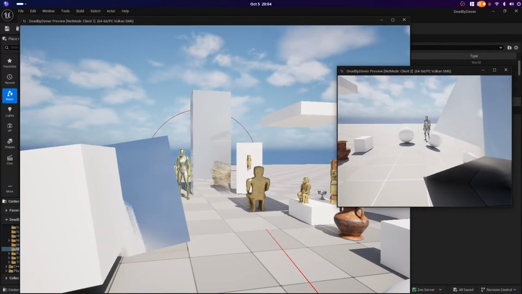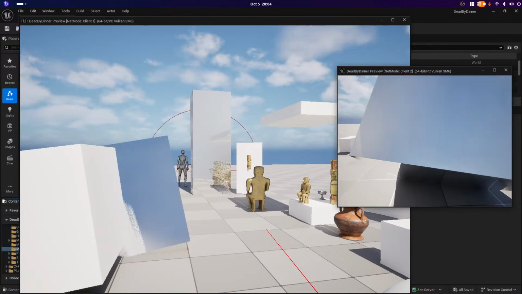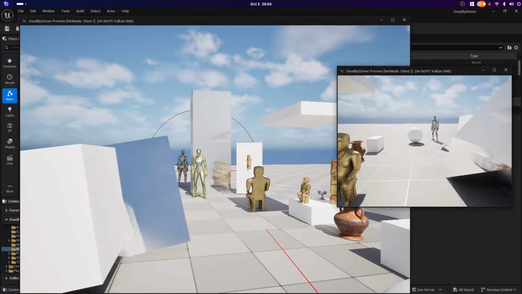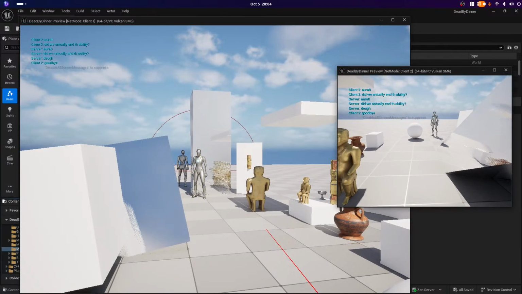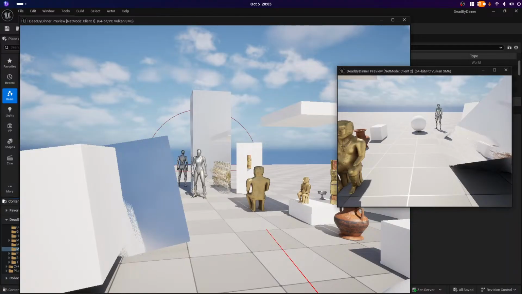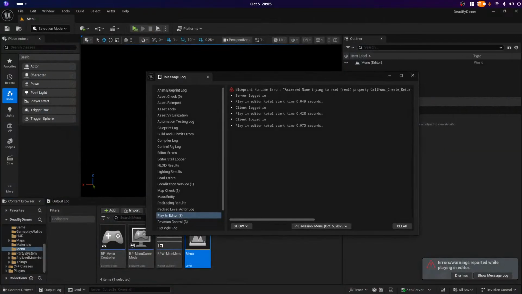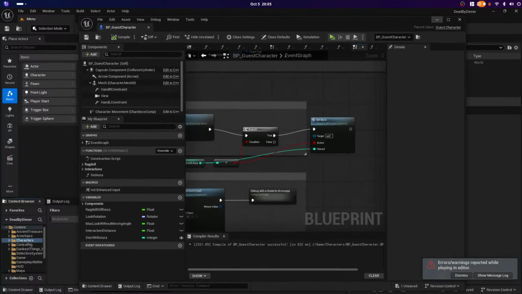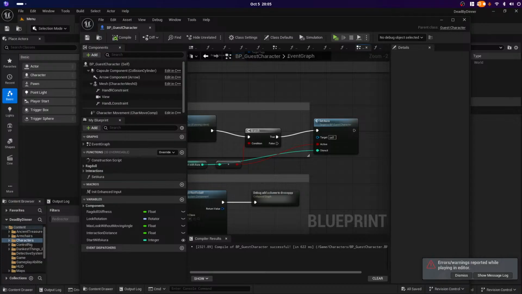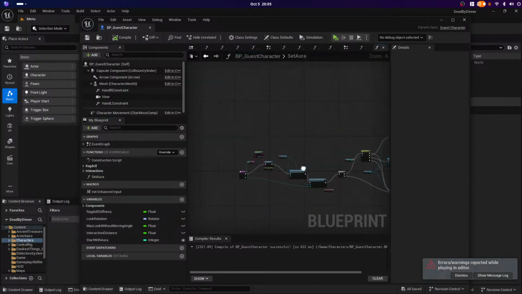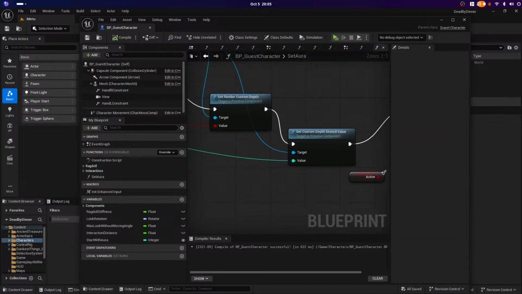No. I must not be setting that stencil depth properly in the set aura, right? Because I can set it in the main window and it works. So it must be this. Set comes. So